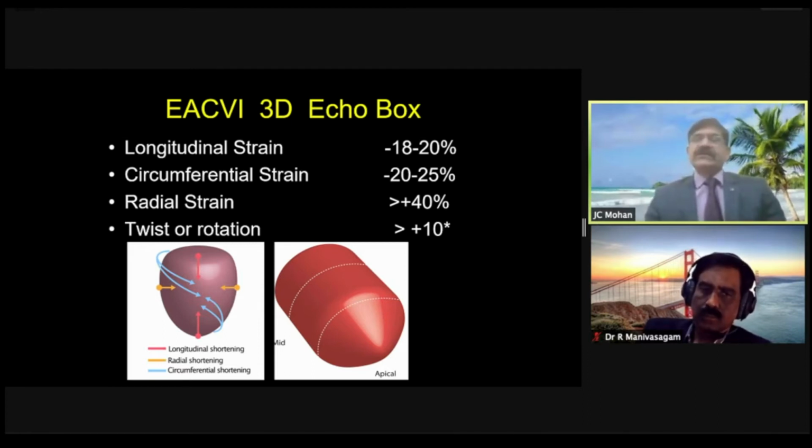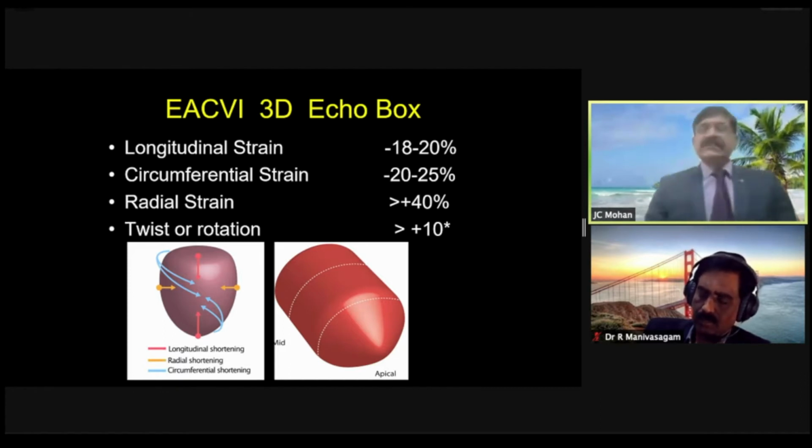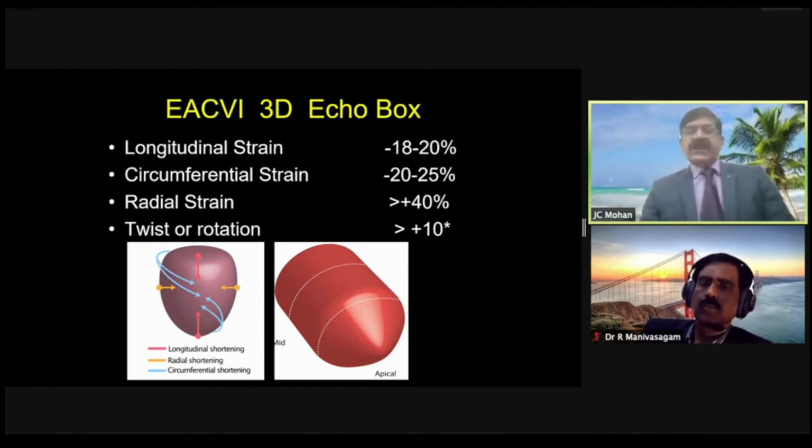Circumferential strain 20 to 25%. ASC gives slightly higher figures of 25 to 30%. Radial strain 40 plus or more, and twist or rotation 10 degrees or more. These are the ballparks. Actually, for every single age decade and also every ethnic group, we need to establish our